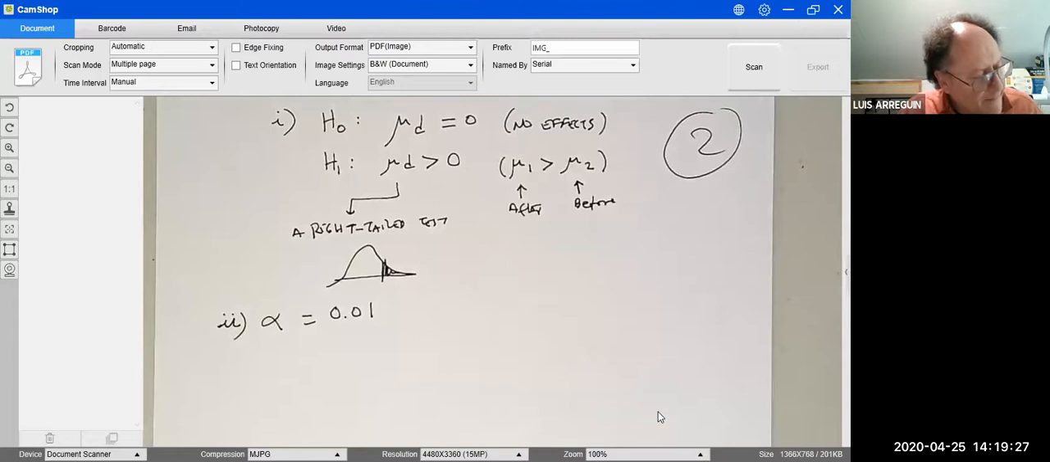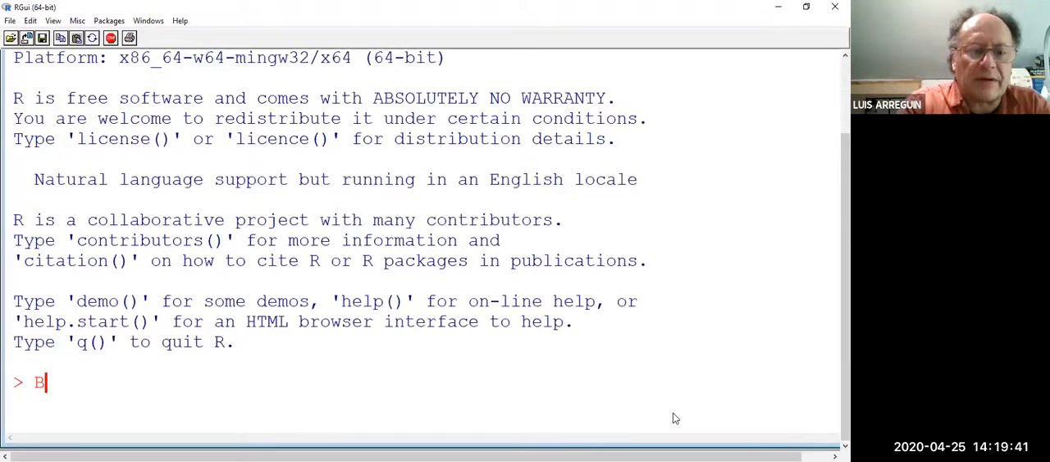Okay, so let's do this computation. Let's use our console to start our computations. We're going to start by computing everything from scratch, the same way you would do it if you were given just two data sets. So before, we have